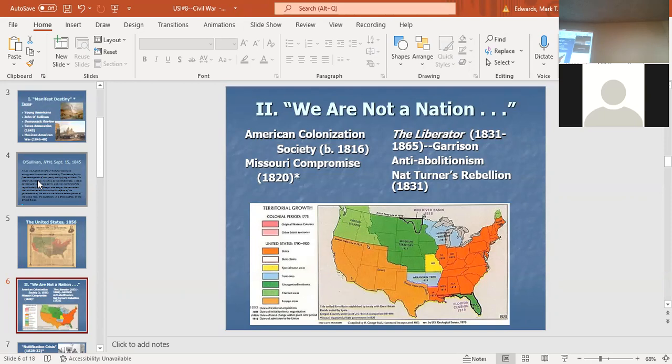This was not about fighting racism or anything like that. This was ultimately about trying to maintain, at least for white Northern senators, their racial utopia, their lily white vision of the West. Missouri coming in as a slave state threatened that vision, and they freaked out. All kinds of legislation, and Congress